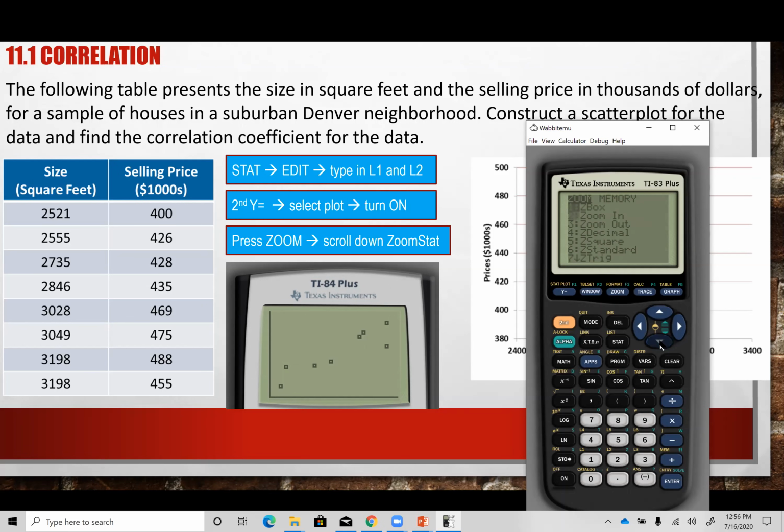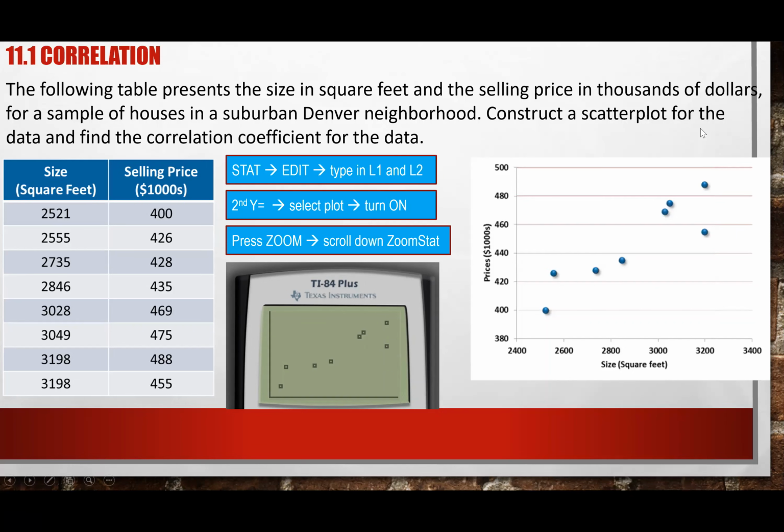And then you go down to ZoomStat, which is option 9. All right. So you have this? Yeah, I got it. All right. So again, this is how to construct your scatter plot using your calculator, which is, again, just